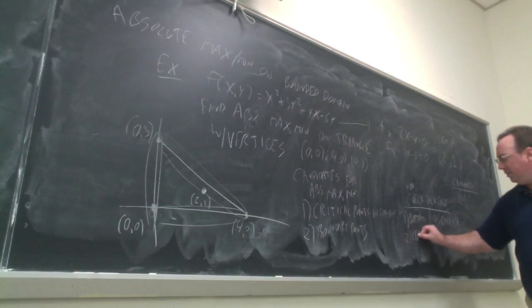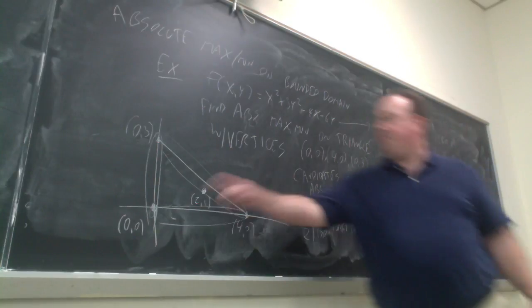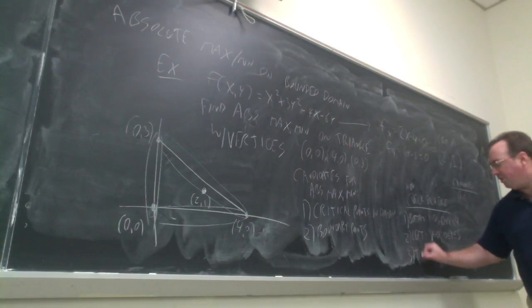Now, what about the left edge? We want to describe that in a similar fashion. So this edge right here is x equals 0, and we need to restrict y. So y is between 0 and 3. Okay, so we would plug x equals 0 into the function and only consider y values between 0 and 3. We'll do that in a moment. But we have one more, the top edge,